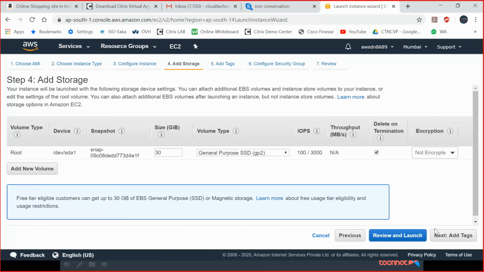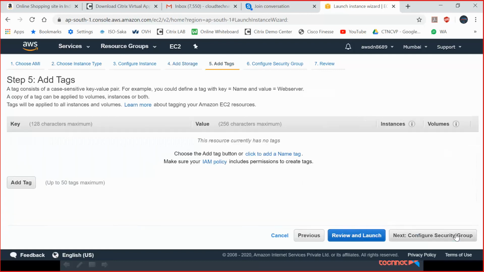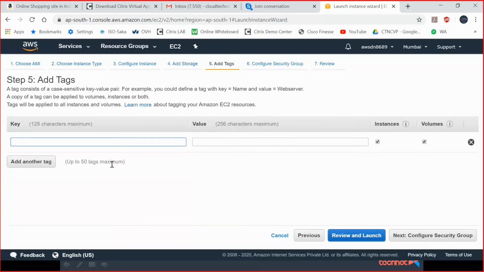If you have any doubts, you can let me know. See here, this 30 GB is coming with EBS volume only. Okay, just now we explained that. Additional volumes also you can create, and even this volume is also coming from EBS. For example, I'll create an 8 GB of storage, and this one I'll make 20 GB. Okay. Next, add tags. So name will be web server 1.